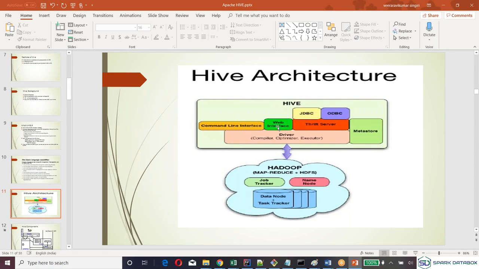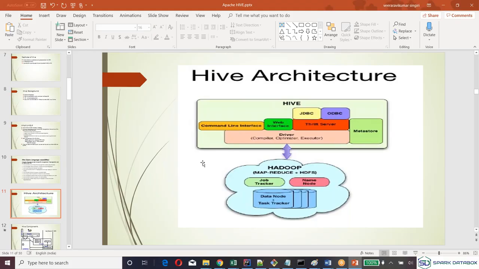Web is nothing but tools like SQL workbench, or there is SQL Developer. A similar kind of UI will be there where you type your query and execute. Hive also has such a UI. It supports thrift services. Just as your RDBMS system connects to normal Java systems and we process the data, similarly this also processes a similar kind of thing. Metastore is where it stores the metadata information.